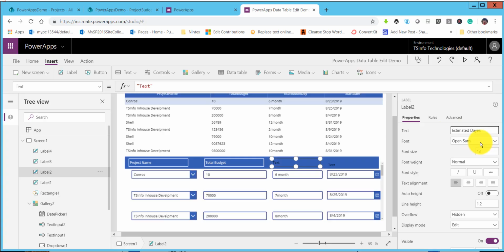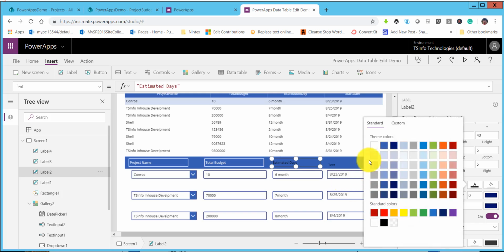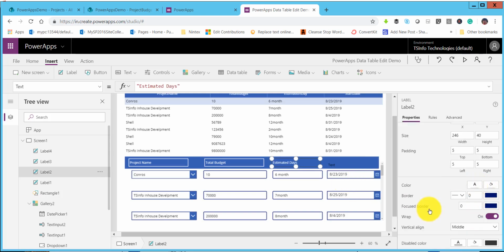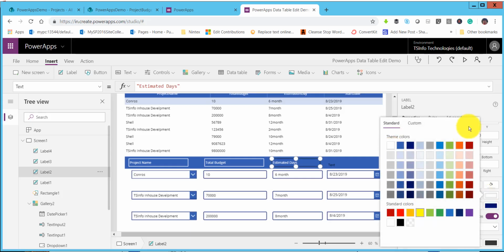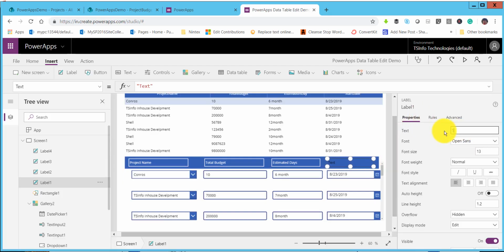and now here I will make the color white, and then border solid, we can take 2 here, and the border color also we will make white. So the same way, the third one we will take as the start date. So here it will be start date,